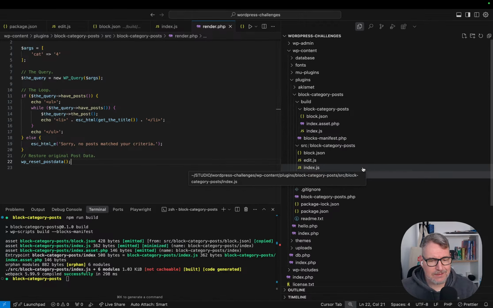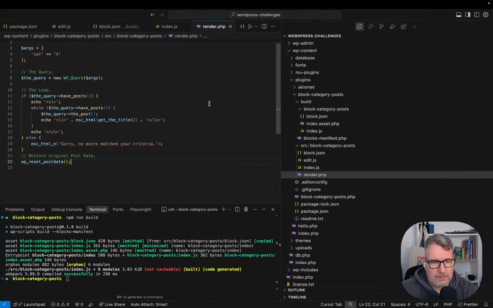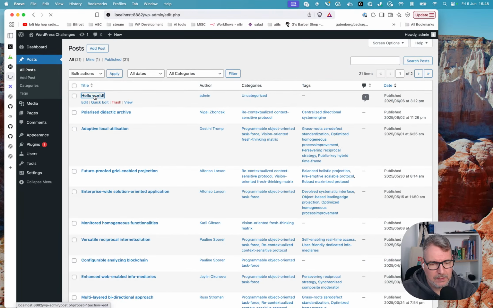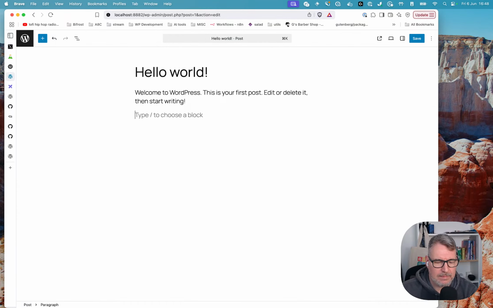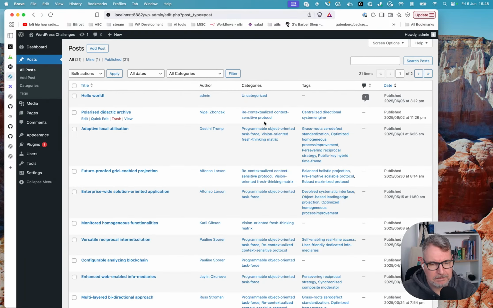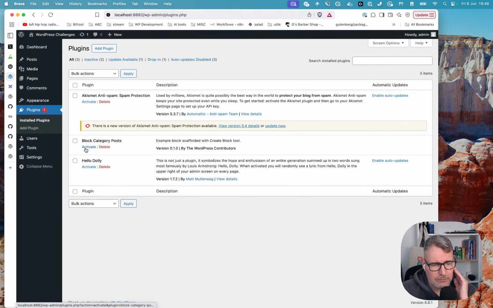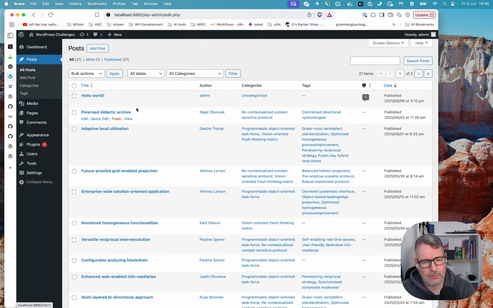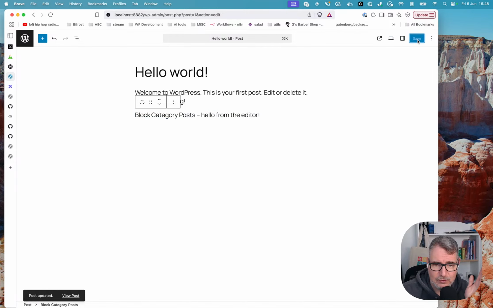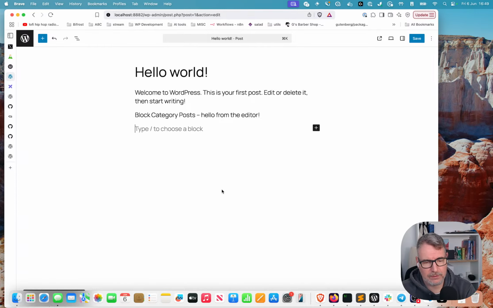And now, okay, let's check this. If we go to post, hello world, well, let's check first if the plugin is installed. Block category posts, we need to activate it. And then if we come here, hello world, block category posts. Okay. In the editor, it doesn't do anything, but if we go to the front end,